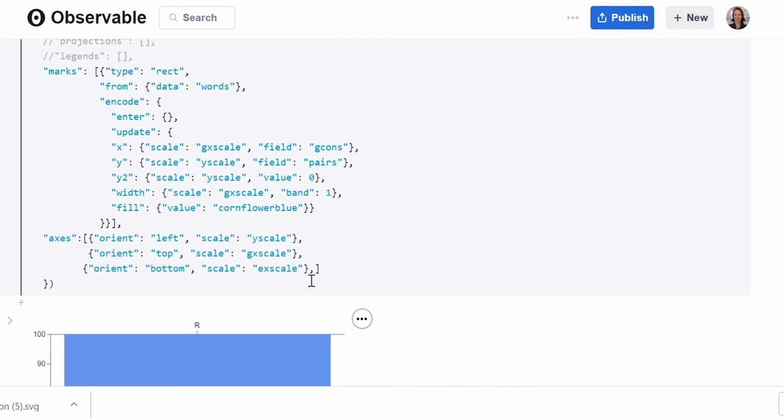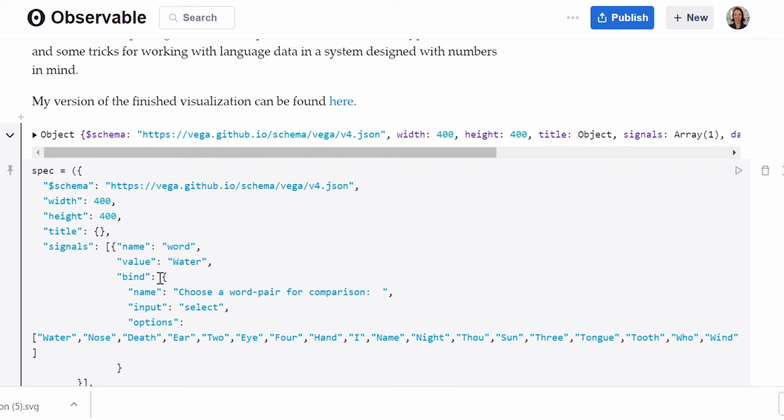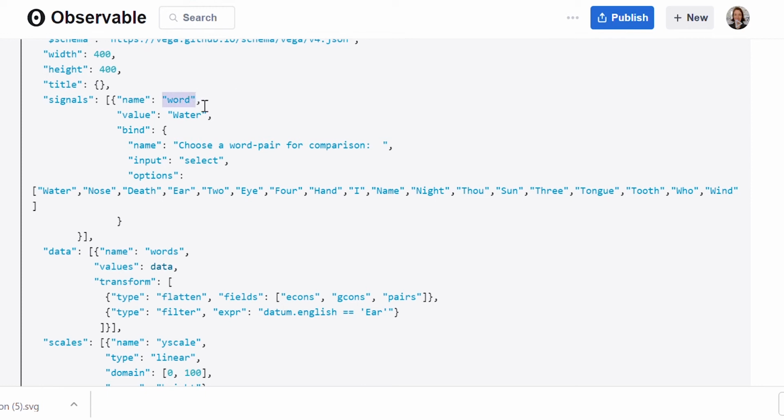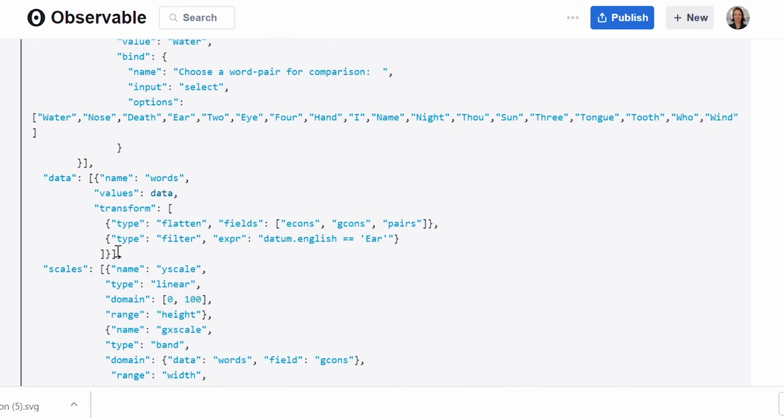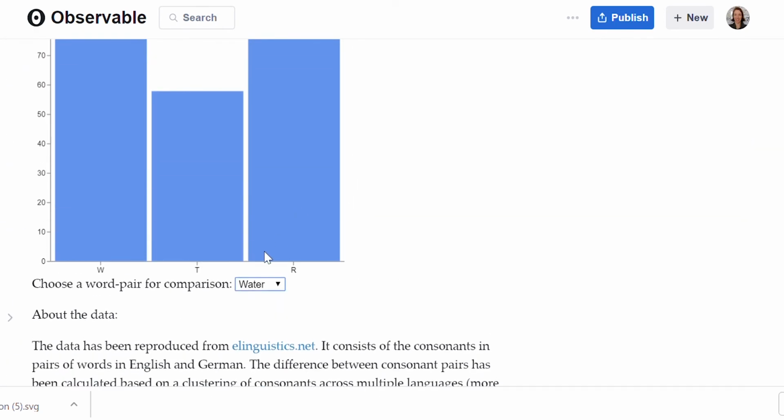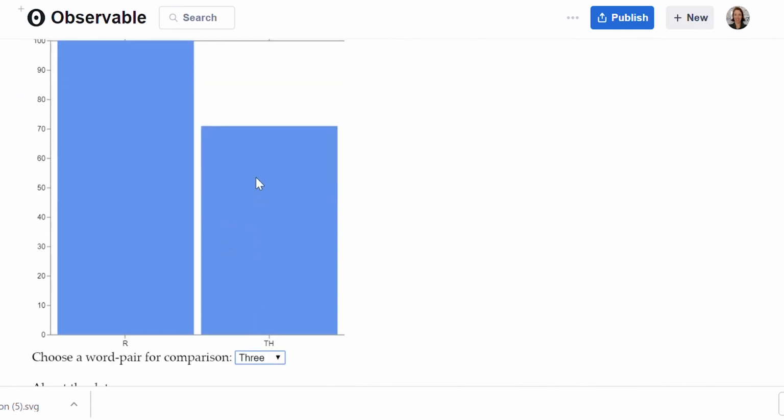So the reason that Vega has these things called signals is because they take the input and they generate a signal, hence the name, that the rest of the Vega specification can hear. So we can use this name of the signal here, word, anywhere else in the plot. In particular, we can use it in our data object within this filter transformation that we've got. So instead of saying check each of our data entries for whether they match the word ear, say check whether they match a variable signal word. Now if we press Shift-Enter and we choose a new word, we have switched around